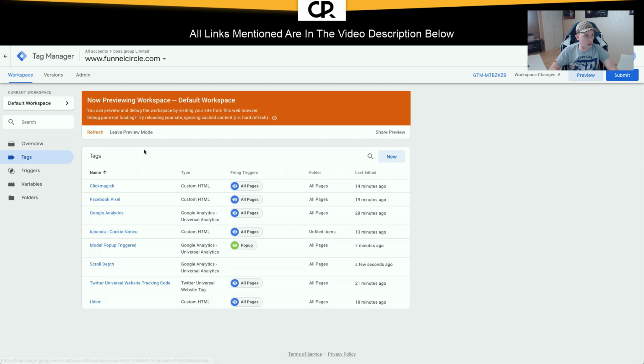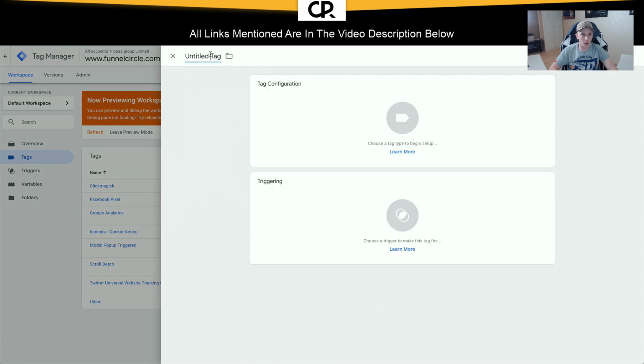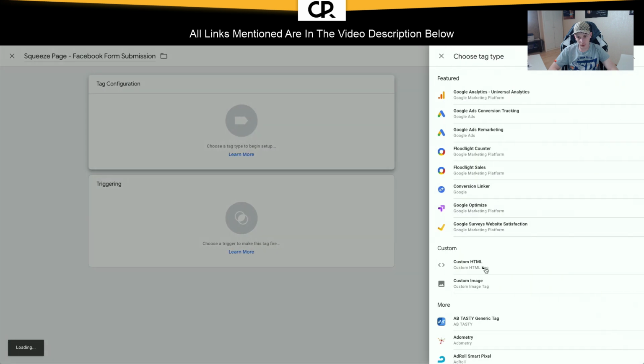And for that we're going to create a new tag. We're going to call it squeeze page Facebook form submission, and we're going to put it in the squeeze page folder, and again, that's custom HTML,